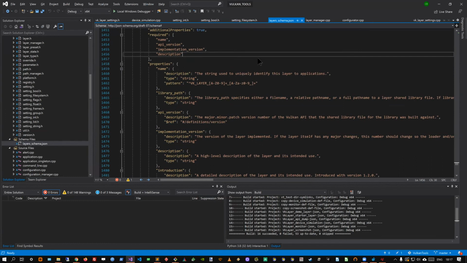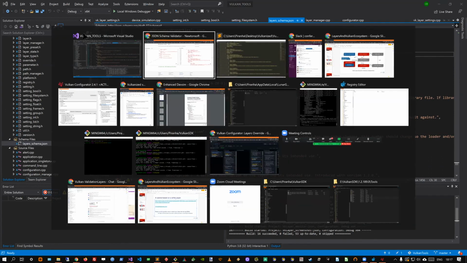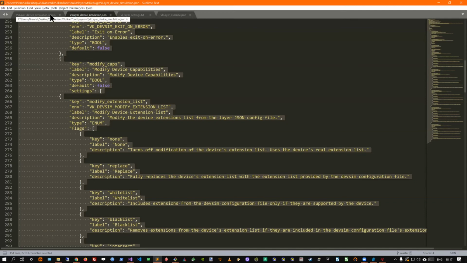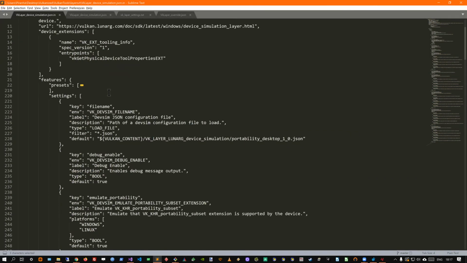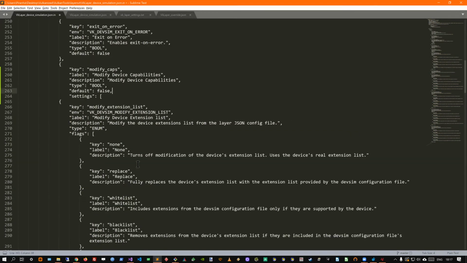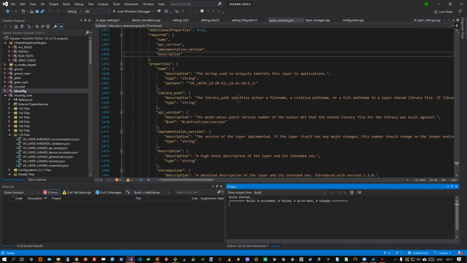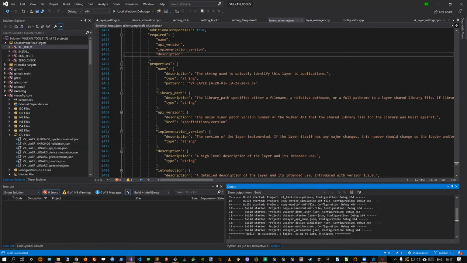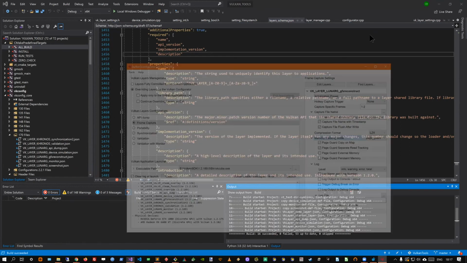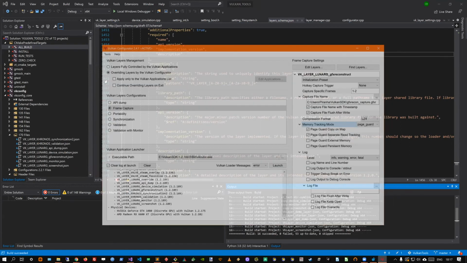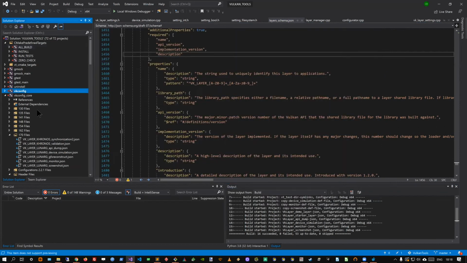Oops, not the right file. I can recompile. No, not this one. But now you will have a question maybe, which is, oh, but how can I actually find the layer we just modified?